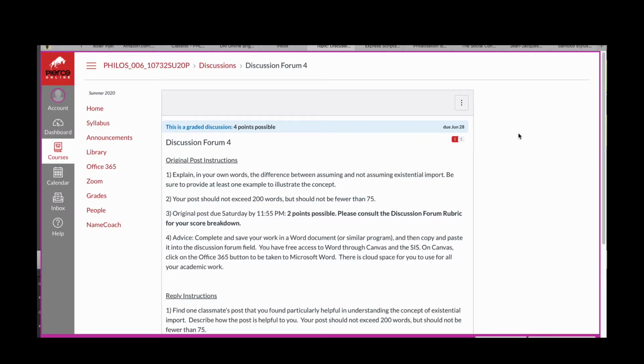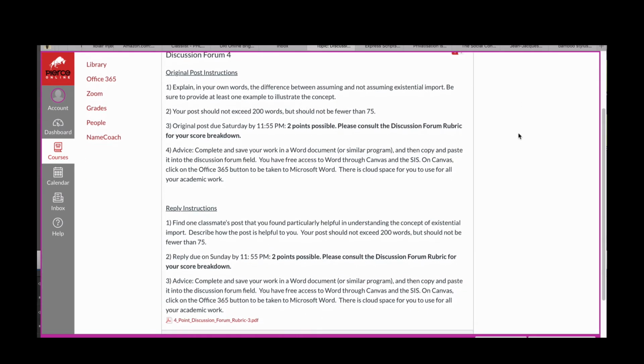Here we are in discussion forum 4. We are working in categorical logic. More specifically, we are beginning the discussion of a categorical proposition. So recall that a categorical proposition contains a quantifier, that is, a universal or particular quantifier. It is also affirmative or negative, and it relates classes of things or groups of things, sets or categories of